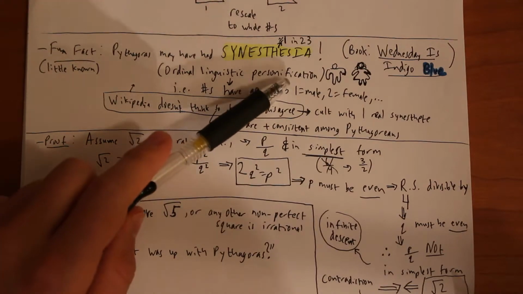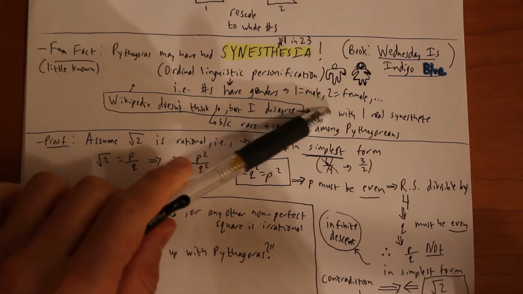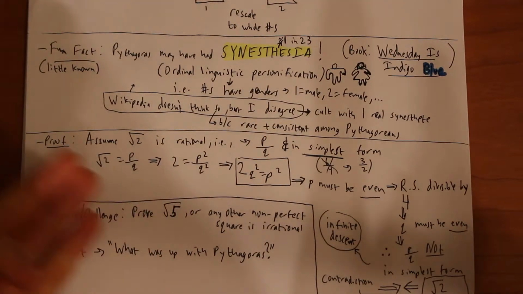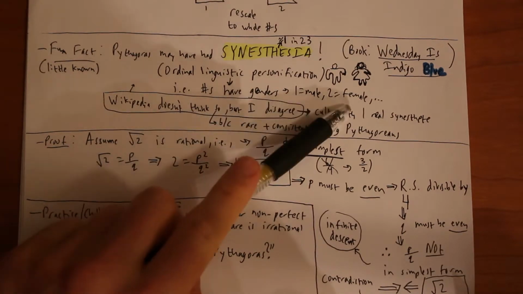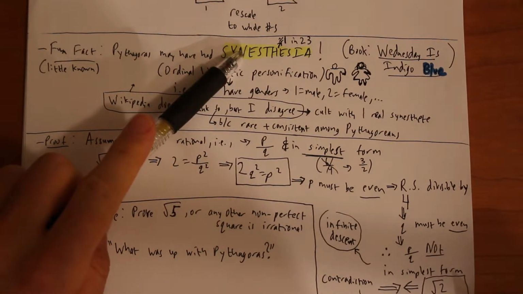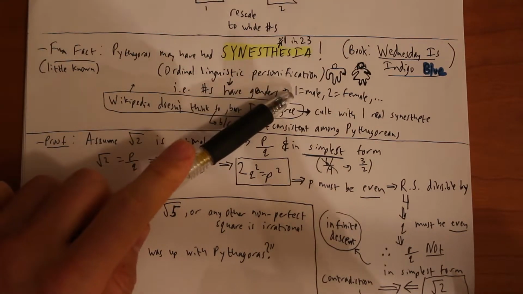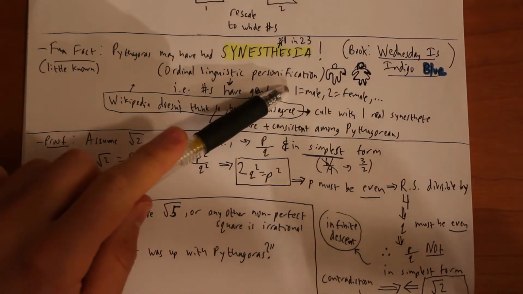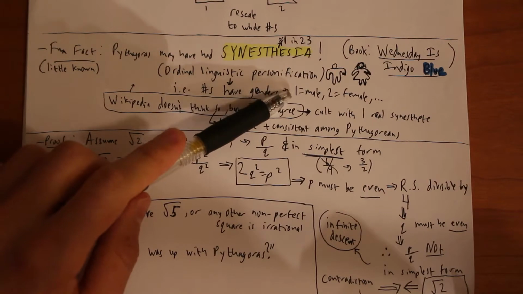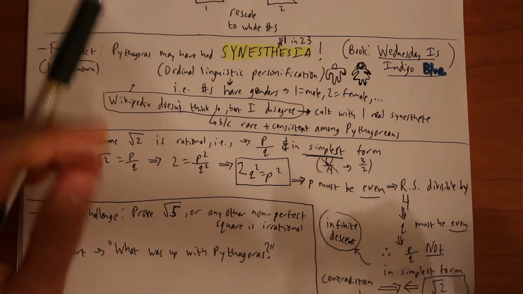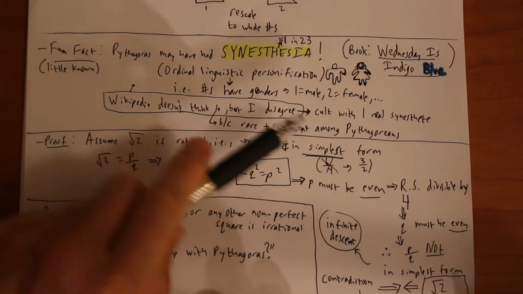You might think maybe 1 is male because it's sort of straight and 2 is more curvy. So 6 and 8 are sort of more curvy. That might make some sense. But anyway, it's not like he made this up. If the claim is true that he had this, that means people with synesthesia don't make this up. It's not like, oh, I think of 1 as a male. No, you literally cannot help but associate something. It's automatic. As soon as you see the number 413, you immediately think of male or whatever it is that you think about.